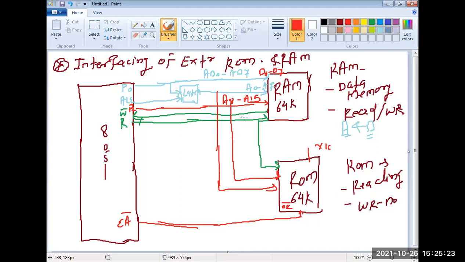When I want to connect external things, what is required? I always try to make you understand. Memory means we require the data bus and address bus by default to access the memory location. And how that access happens, I will tell again here. So I will clear this part, so you'll understand that.